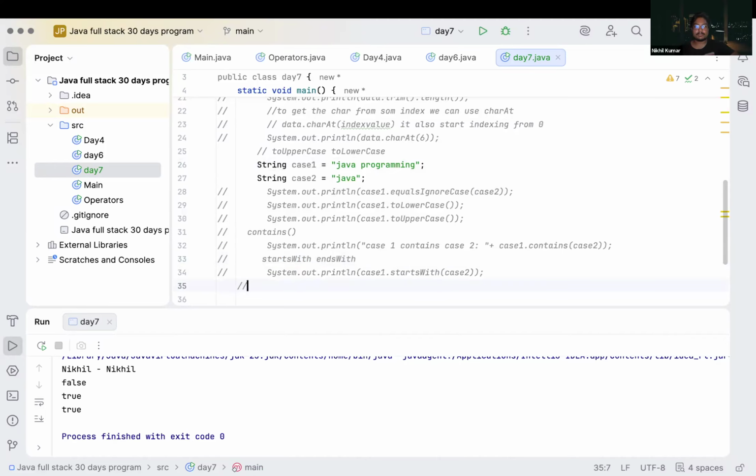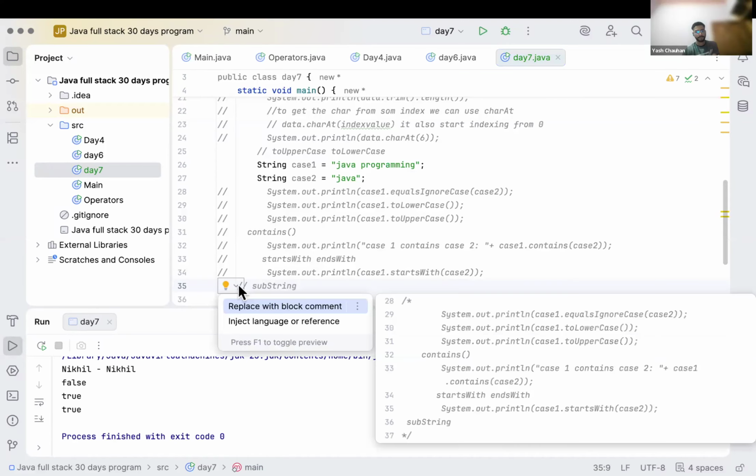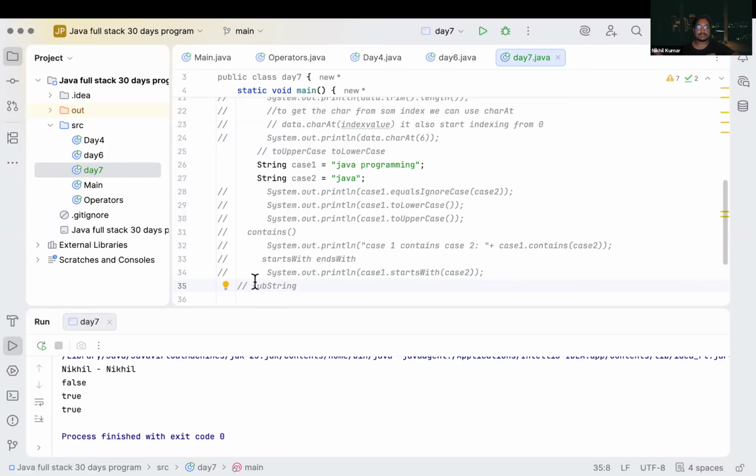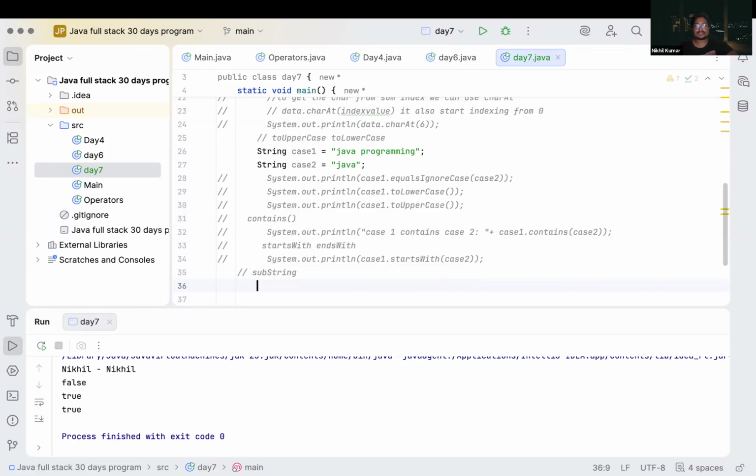There is another important function we have inside Java, which is substring. What is substring? This gets a part of a string. This is one of the most used functions in Java, whenever we need it multiple times. Why? Because in many programs we need some part of our string, so we can directly use substring there. So if I check